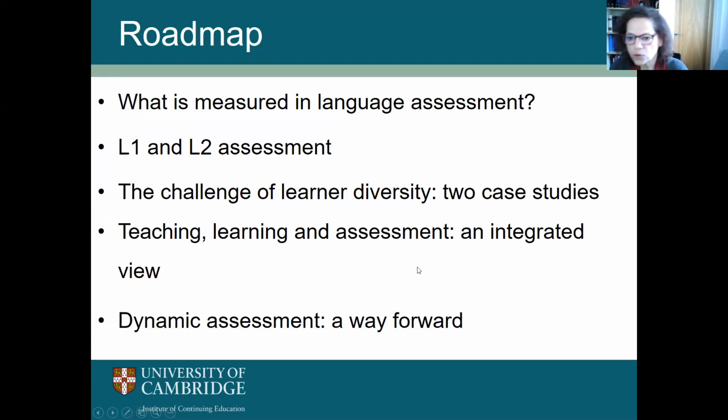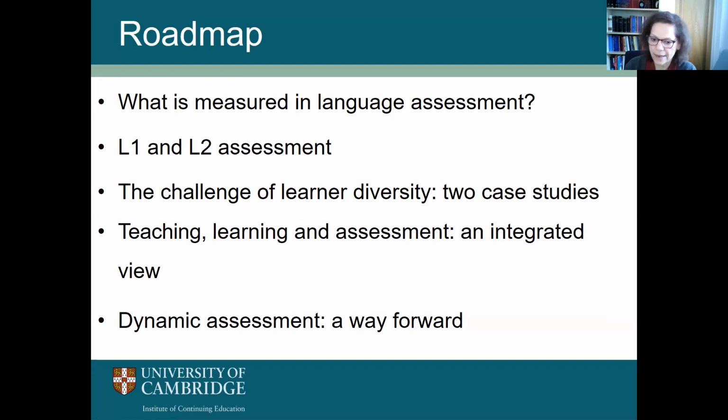Okay, so I'll just give you a roadmap in the first instance of what is measured in language assessment, usually and typically. I'll give you some background on L1 and L2 assessment and some differences and similarities. Then I will move on to the actual topic, which is the challenge of learner diversity, and I will present